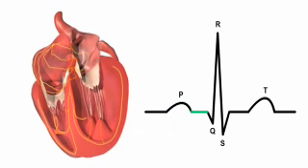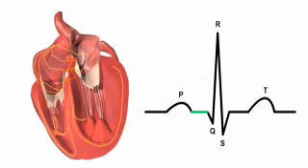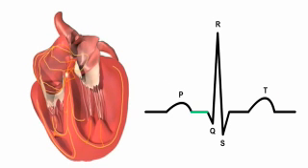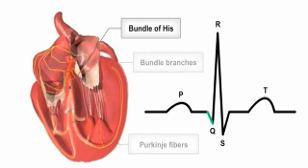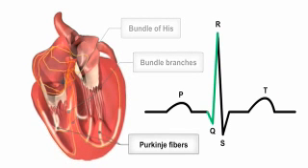The period of conduction that follows atrial systole and precedes the contraction of the ventricles is depicted on the ECG by the PR segment, a flat line following the P wave. When the signal leaves the atria, it enters the ventricles via the atrioventricular, or AV node, located in the interatrial septum. It enters the bundle of His and spreads through the bundle branches and the large diameter Purkinje fibers along